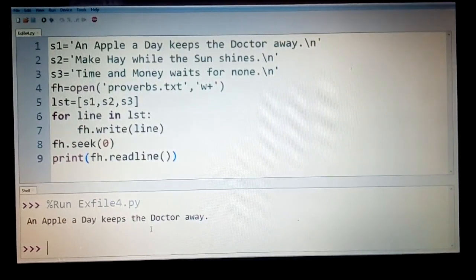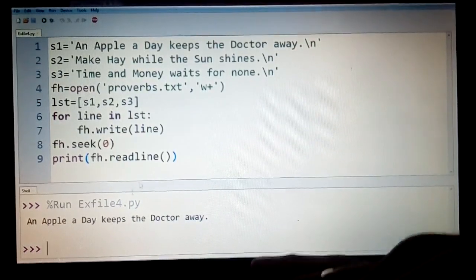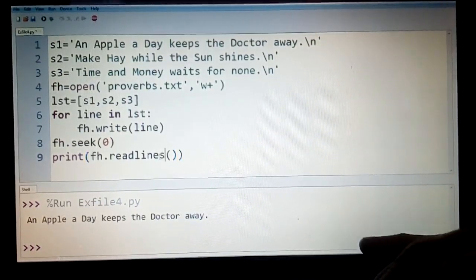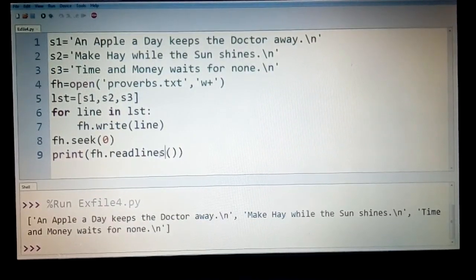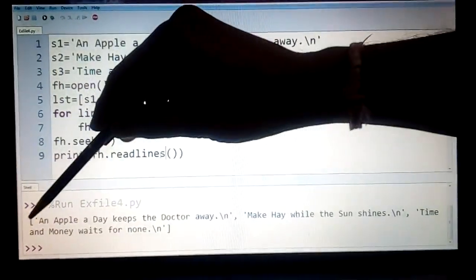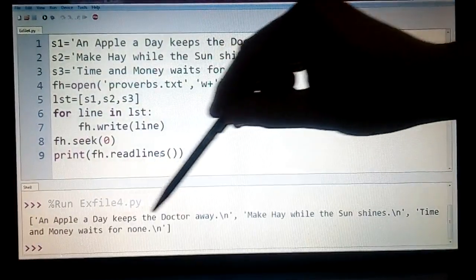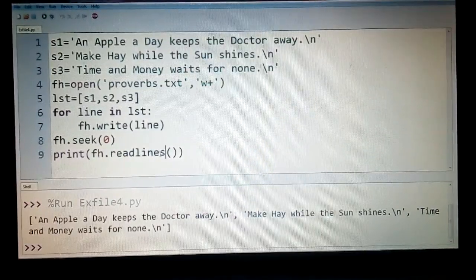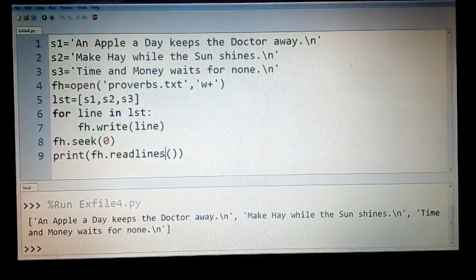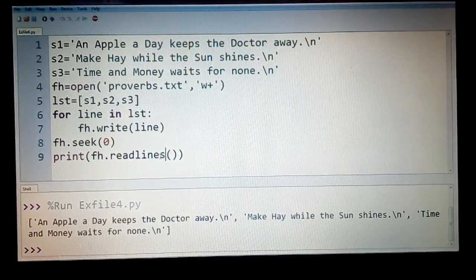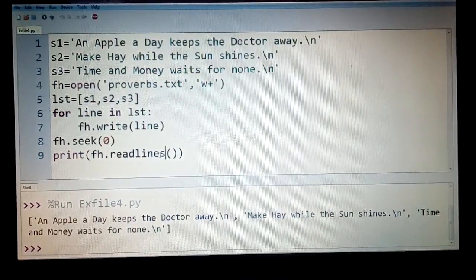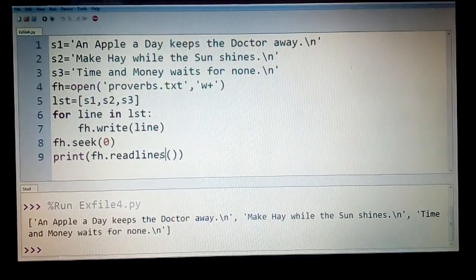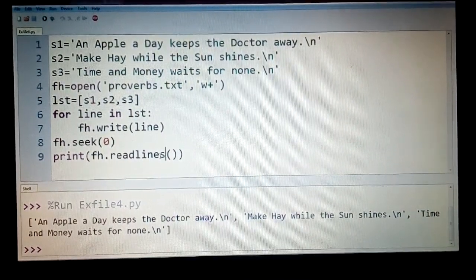Now if I want to display the entire content of the file, then I can say readlines. So when I just change it to lines, see what happens. Now you see the entire content in the form of a list, because it is in the square brackets, and each line is separated by a comma and a \n. So you can make use of this concept of writing multiple lines to the file. So with this note, let us now try to understand the next and the last concept, called a